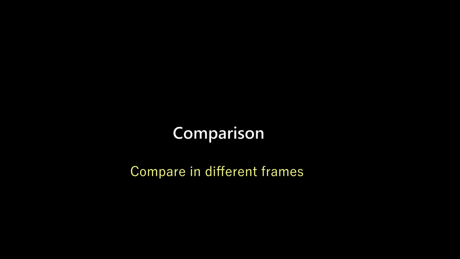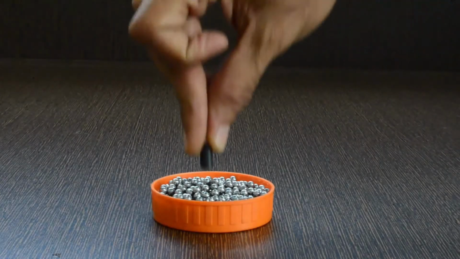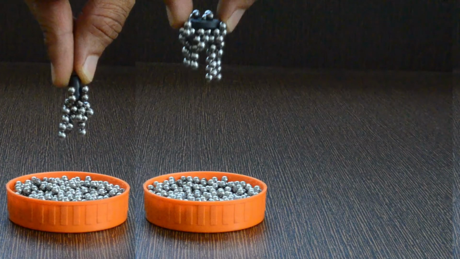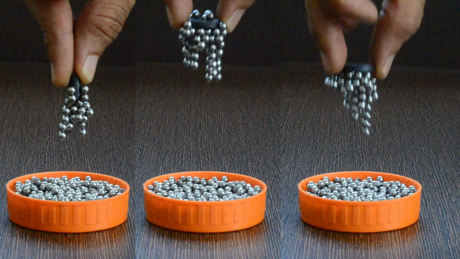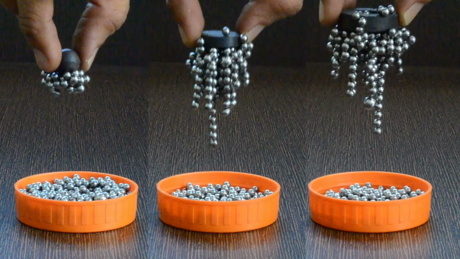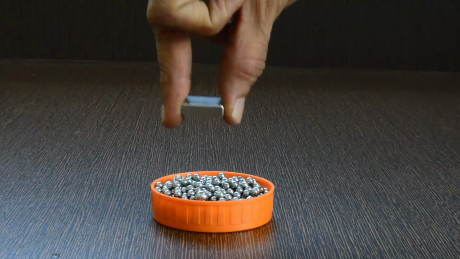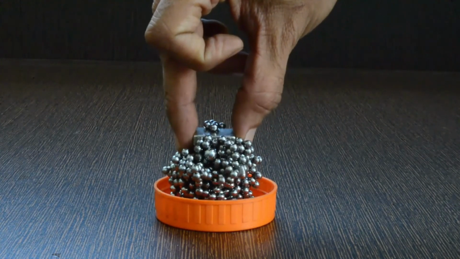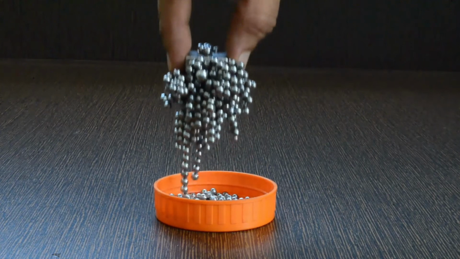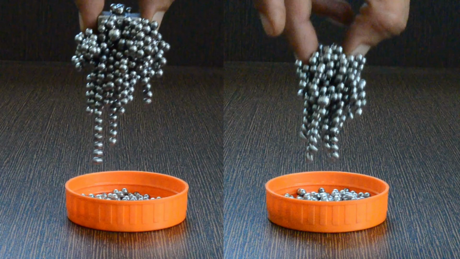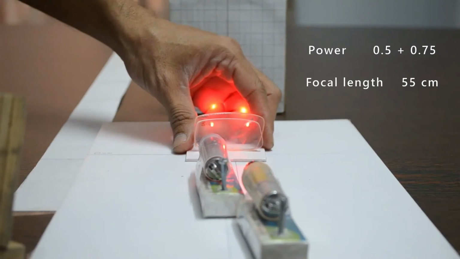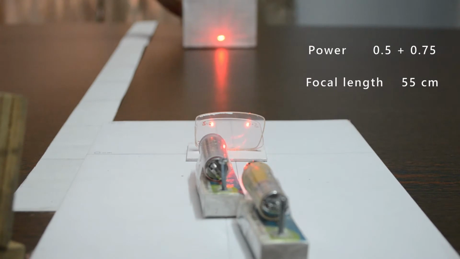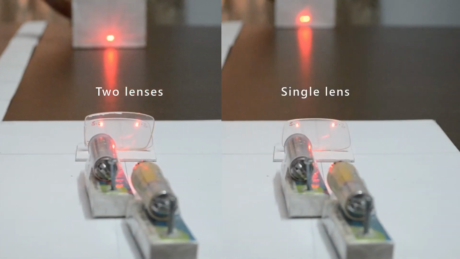When this is not possible, two frames can be combined in the video editor and results shown in the single frame. Amount of steel balls attracted by the magnet is based on its strength. Magnets of different strengths are used and comparison is collectively shown on the screen. In this video, comparison discusses effect of focal length when two lenses are placed next to each other instead of just one.